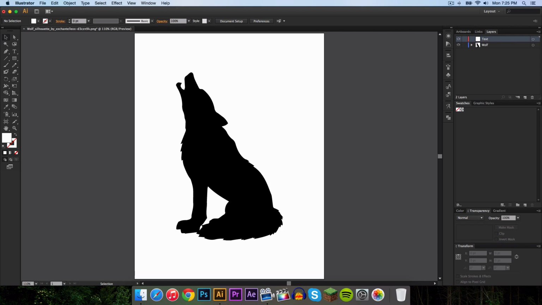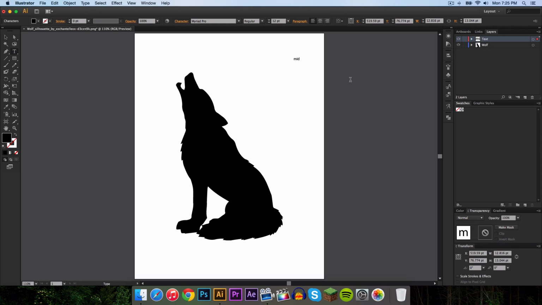And once I've done that, I'm going to use our text tool. You can go over to the left and select the type tool, and then I'm going to type in our words. I'm going to type in midnight, because wolves howl right at night, or at midnight, and I'm going to make that bigger.